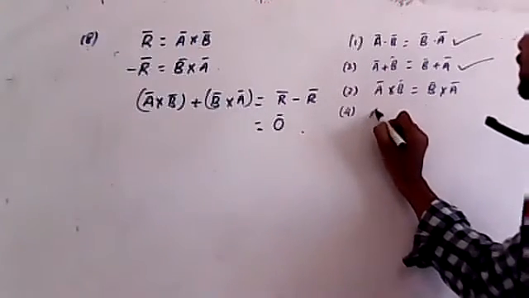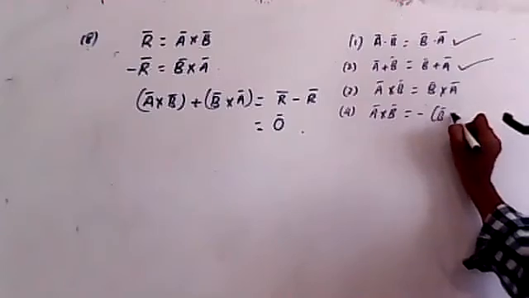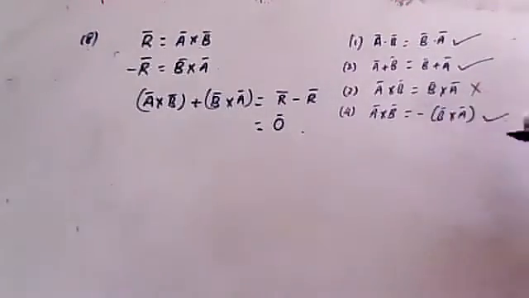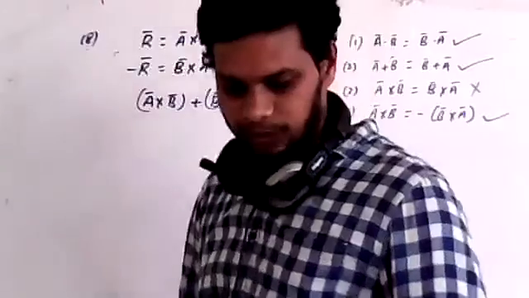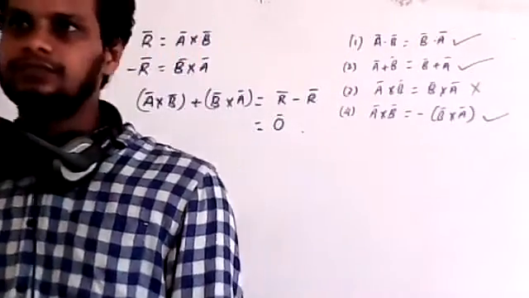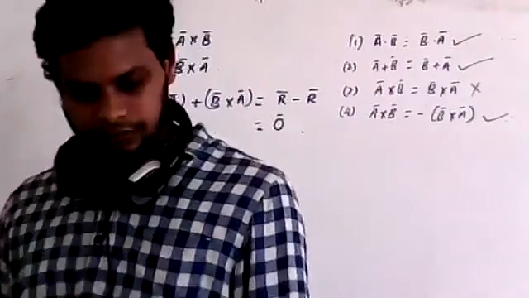So fourth one, A bar cross B bar is equal to minus B bar cross A bar. Okay, na? So this is correct. Therefore, this is wrong. Which option is wrong? They're asking. So option 3 is wrong. Okay, understood, ma? Now shall I go to the next question? 21st question.